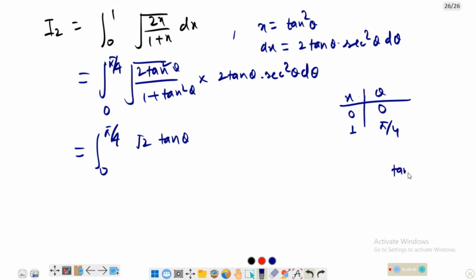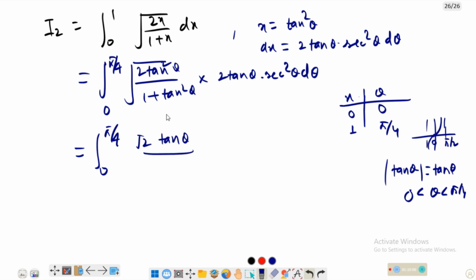Because modulus of tan theta is equal to tan theta if theta lies between 0 to pi by 4, because tan theta is positive between 0 to pi by 2. So this is tan theta, and this is sec square theta, and under root sec square theta is the modulus of sec theta, and between 0 to pi by 4 there is no meaning of modulus. This is sec theta,